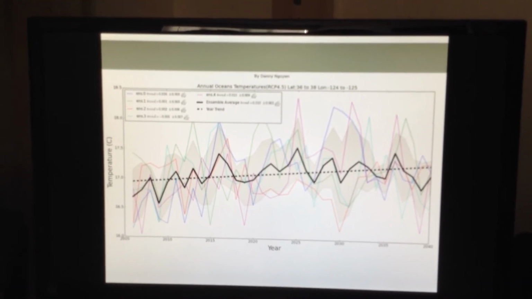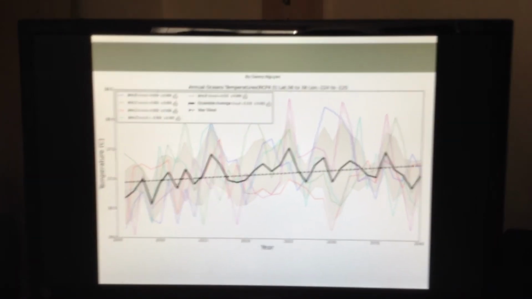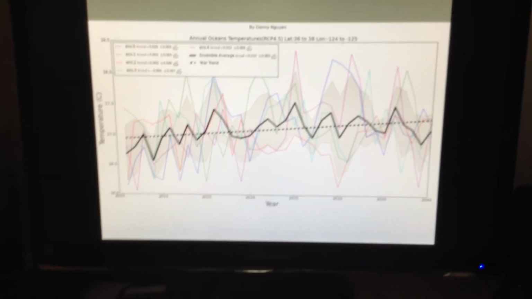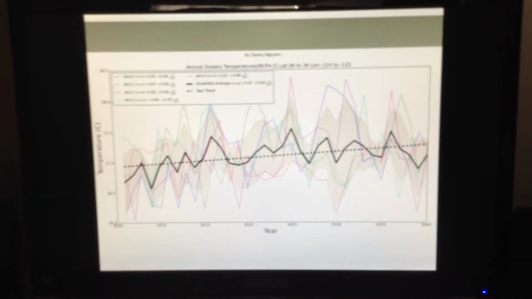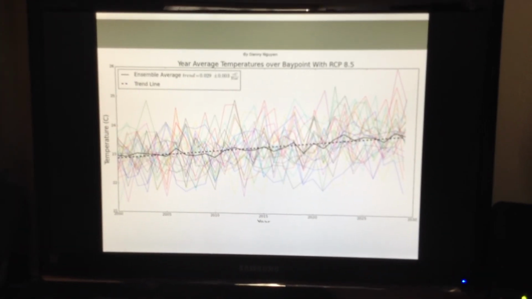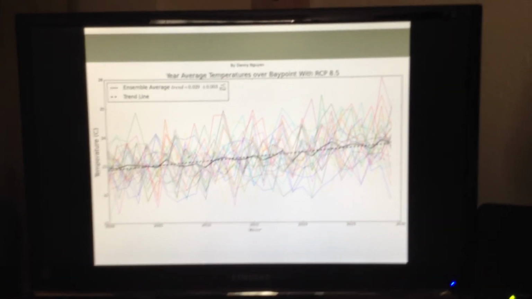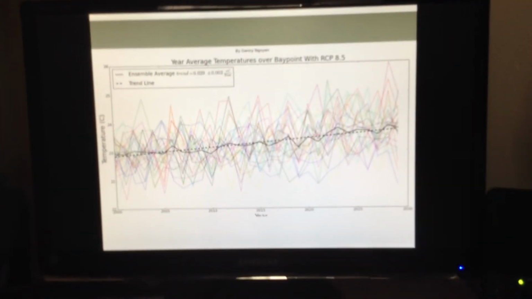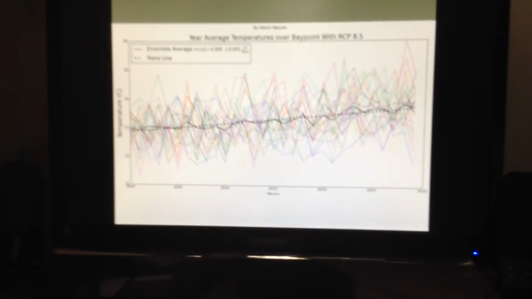This graph right here shows the very first ocean frame model. It's the annual temperature within the given years, and as you can see, it shows an increasing and warming trend. And moving on, this is the multi-model. It looks very noisy, but all the models show that temperature is also increasing on land.